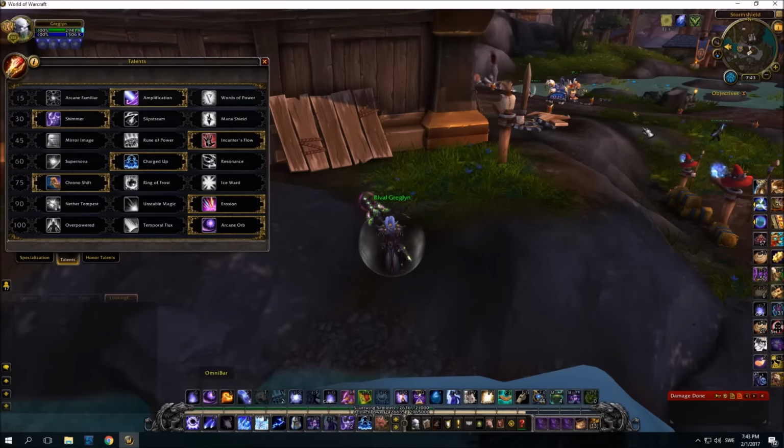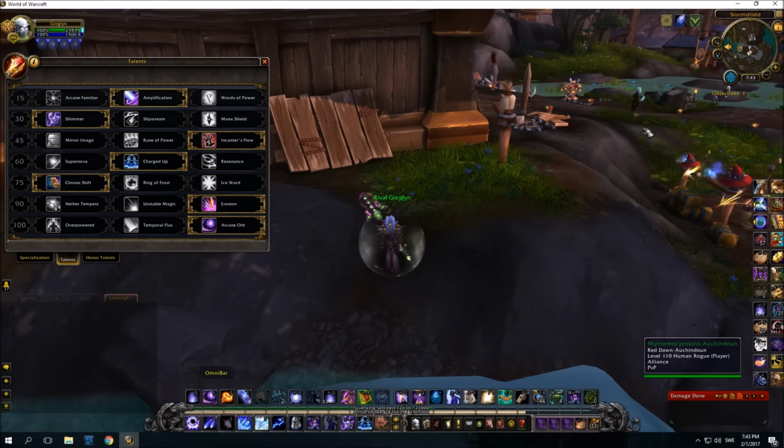Okay guys, so for the talents, I've tried a lot of different builds as Arcane now in 7.1.5, and I found that this build that I'm showing you right now is the most efficient one for overall PvP. It works in world PvP, BGs, arenas, any situation. This is my go-to build for anything, which is Amplification, Shimmer, Enchantress Flow, Charged Up, Chrono Shift, Erosion, and Arcane